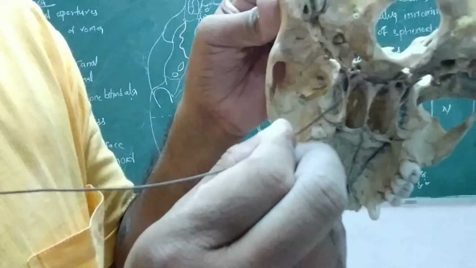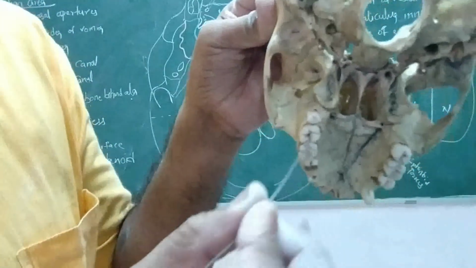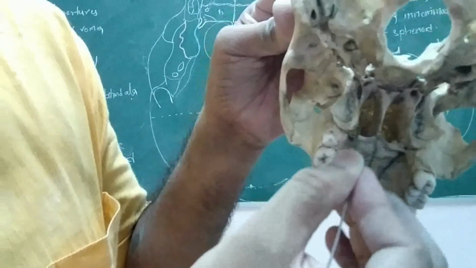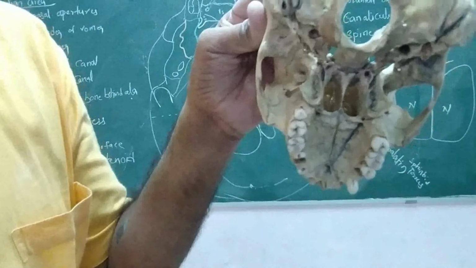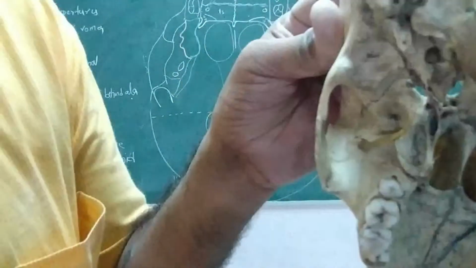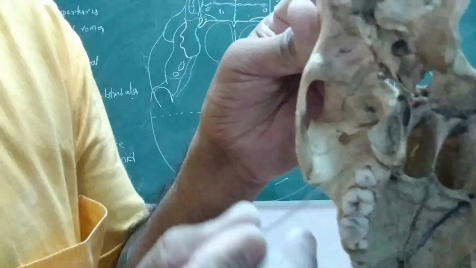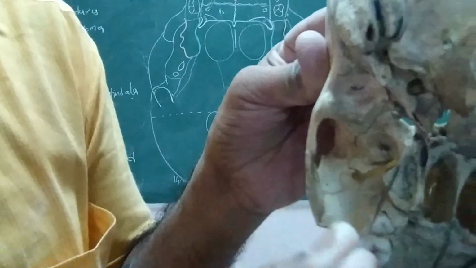Here on the medial pterygoid plate, one muscle is attached, the tensor palati muscle. And this border, this surface forms the border of the posterior nasal opening, the posterior nasal apertures. Now let's talk about only the medial pterygoid plate. This is the medial pterygoid plate. In the upper part, the medial pterygoid plate is split.